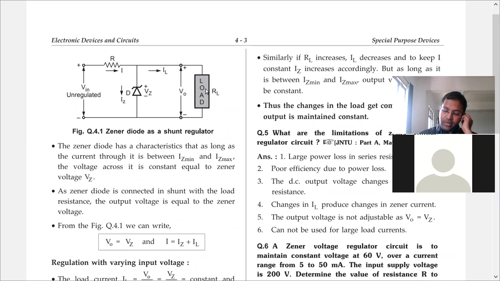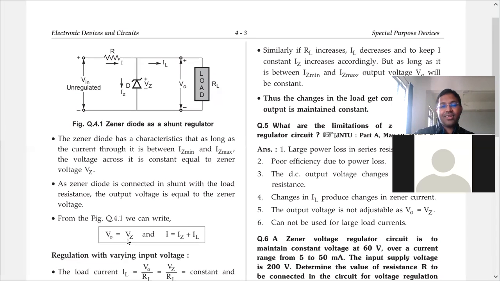Students, two electronic components, whenever they are connected in parallel, the voltage across them is equal. So based on this point, what is the relation between Vz and V naught? Think, only if you think, your brain becomes sharper. Yes, V naught is equal to Vz. Very good, correct answer. So that is the reason we have here V naught is equal to Vz.